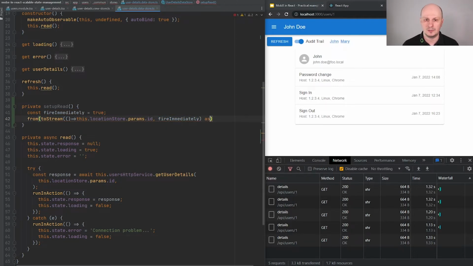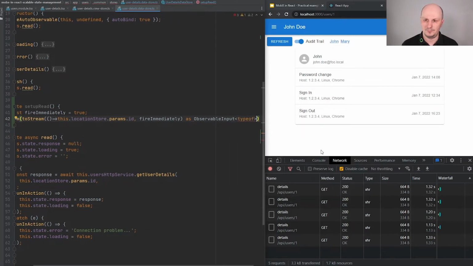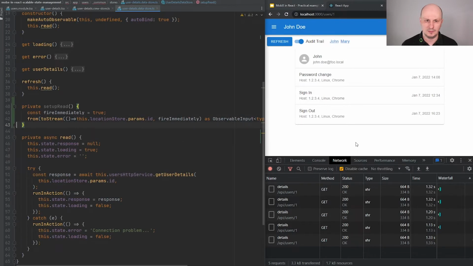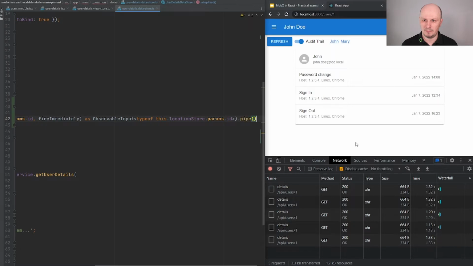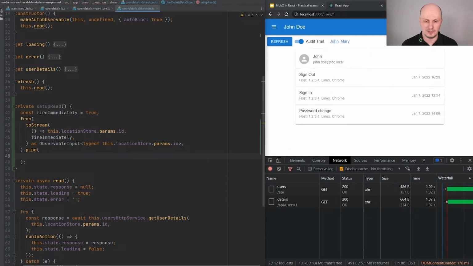And there is one issue, that the TypeScript type of this toStream function is not compatible with RxJS above version 7, so we need to cast it to observable input, and yes, my value is this, and then we can use pipe, and what we should do first, it's always to console log what we have in our stream, and tap is from RxJS operators.